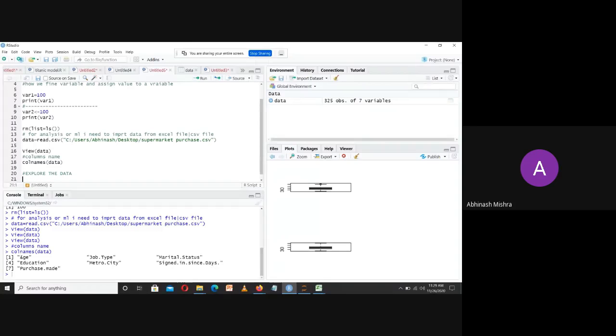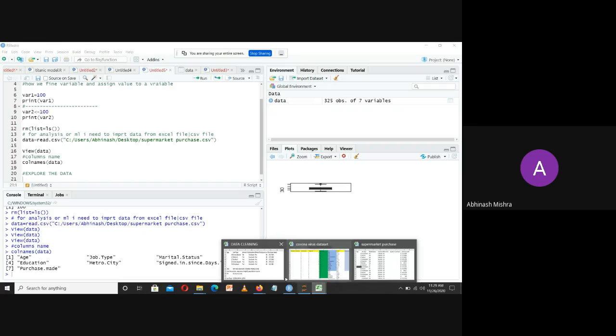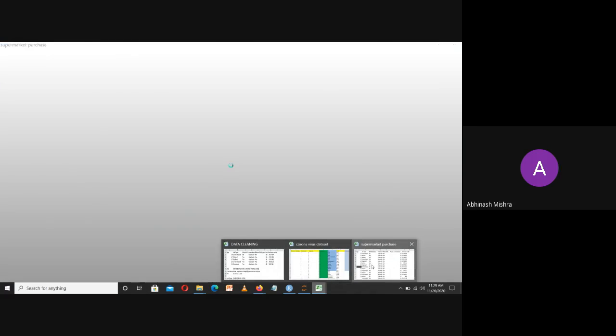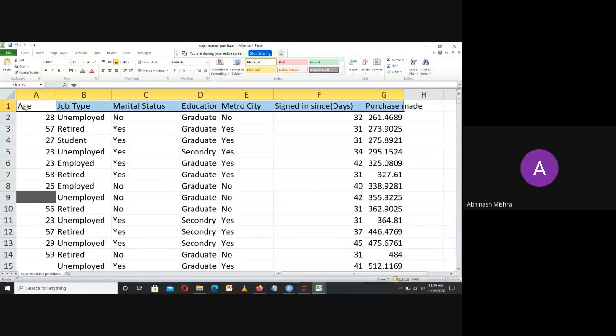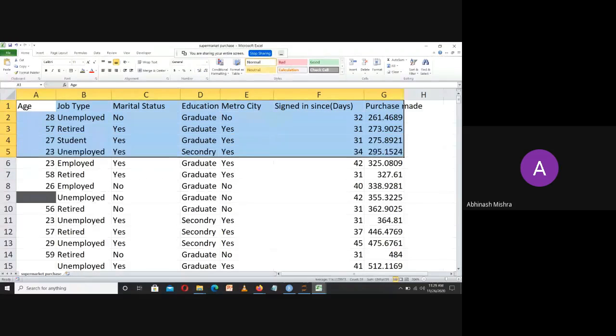We will explore the data. If I want to explore the data, I want to see the data. If somebody came to me and said, if you want to see the data, first of all, let's see the top 5 rows. For this, if I compare my data to a human, it has its own head and tail. Head means the top part, tail means the bottom part. In the same way, the data also has a top part and a bottom part.